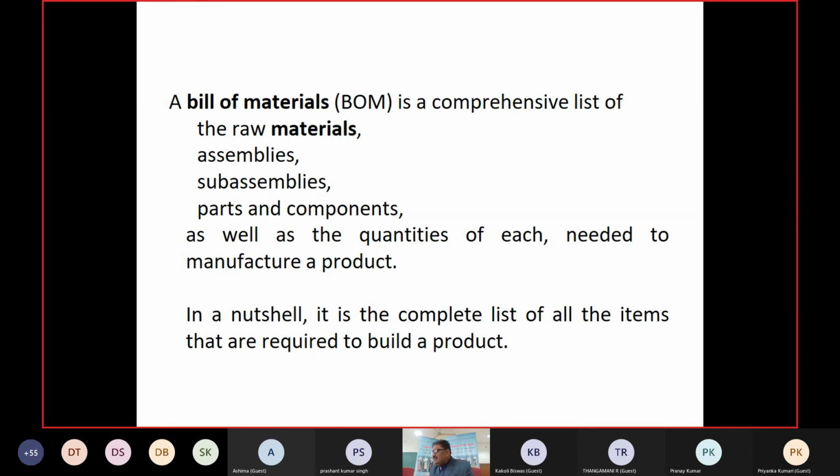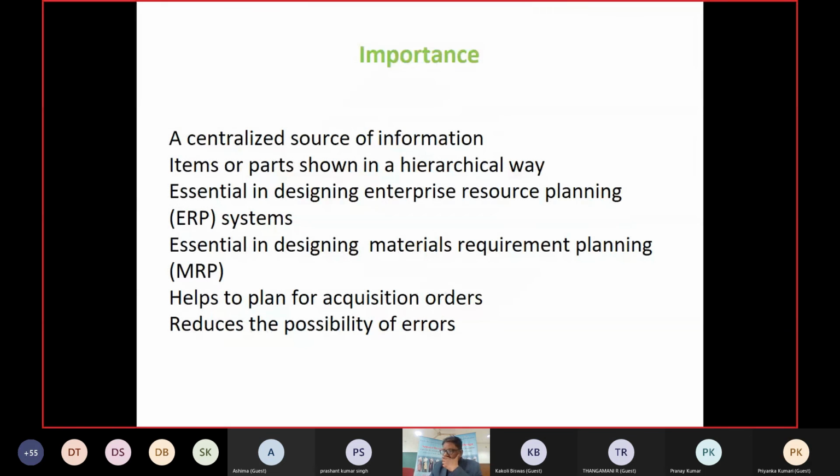All these trims and accessories are done under the guidance of this BOM, and the BOM is already decided by your buyer, with your manufacturer, with your customer. So this is the centralized source of information.